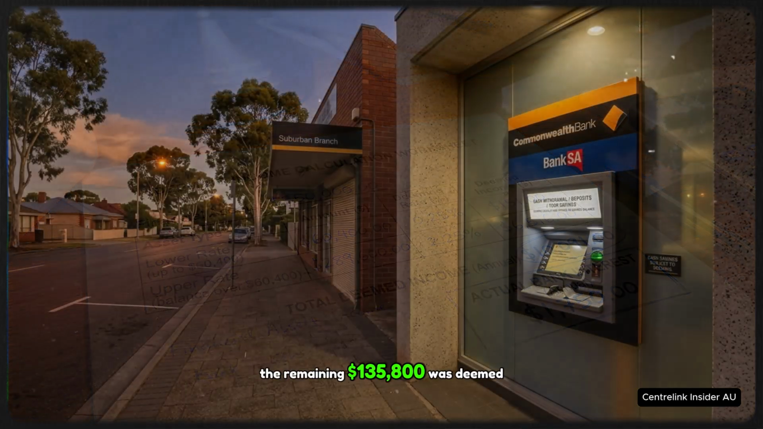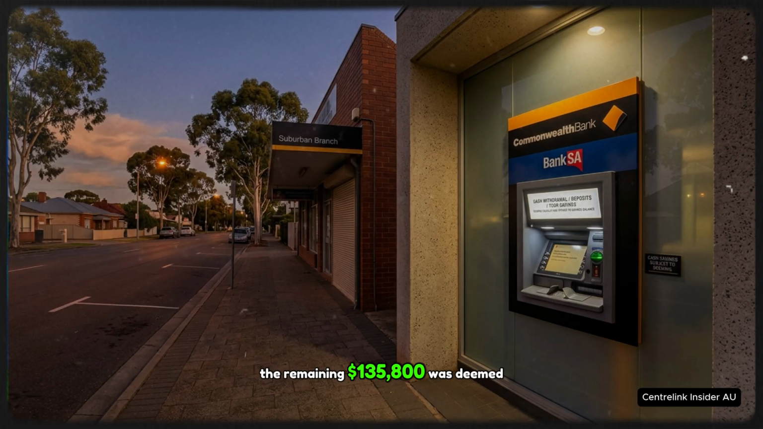The remaining $135,800 was deemed at 2.25%, producing $3,055.50 per year in deemed income. Her total deemed income was $3,216 per year, or approximately